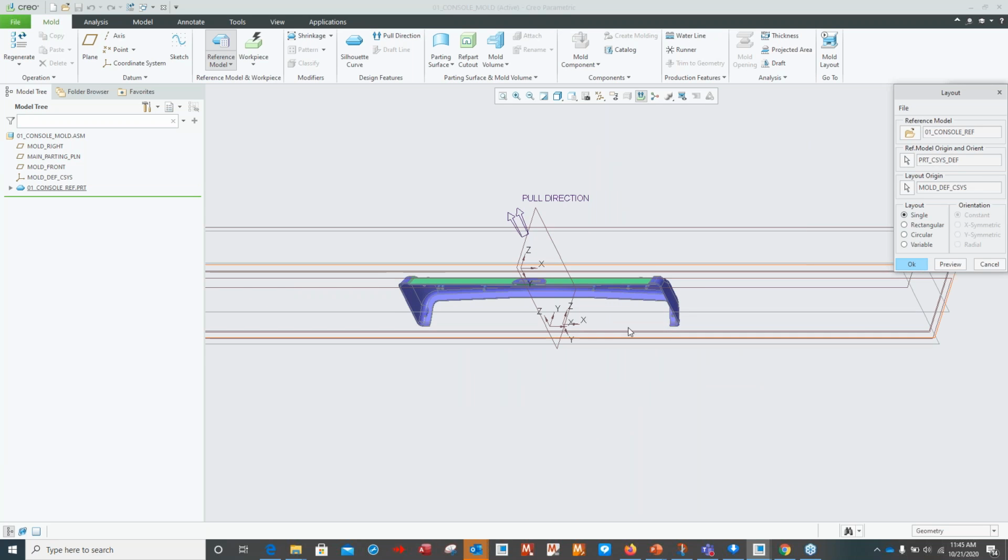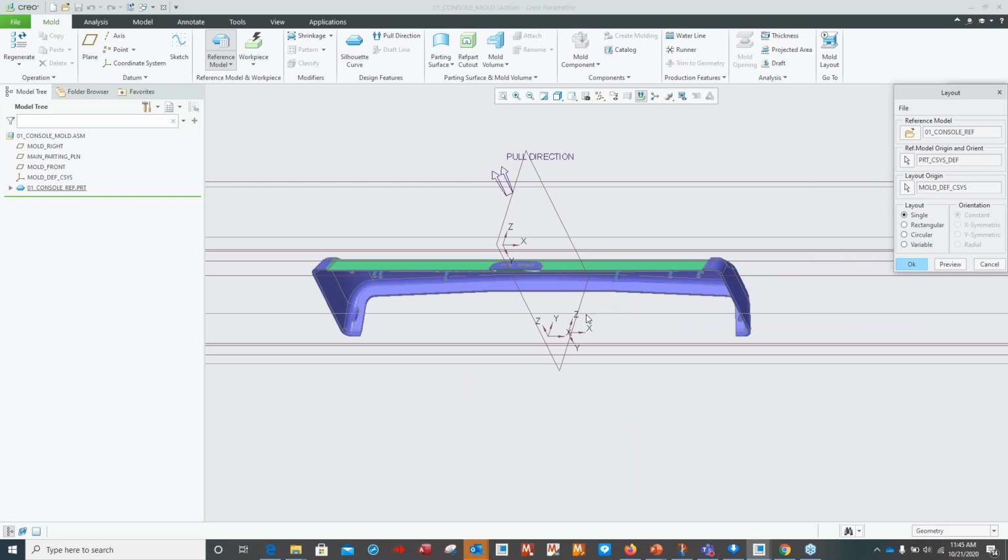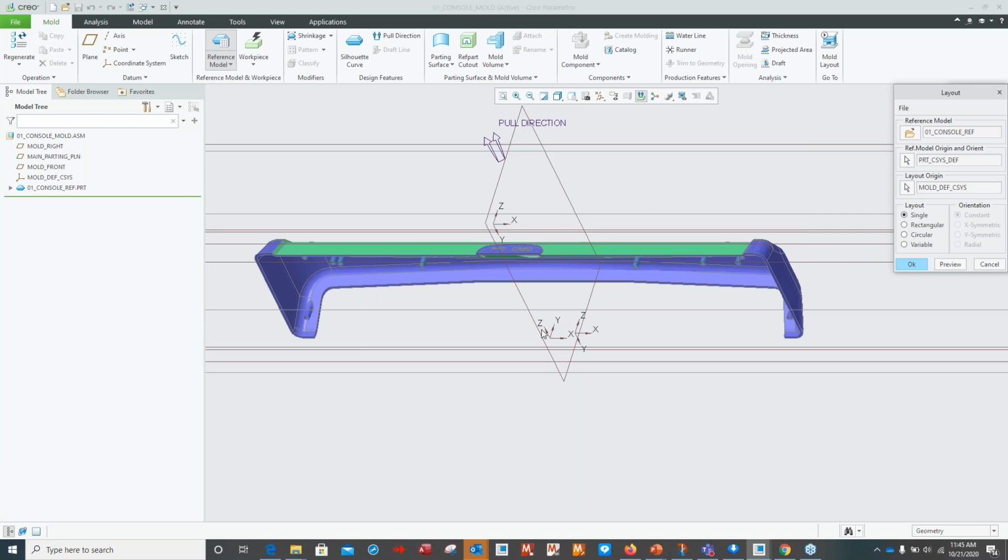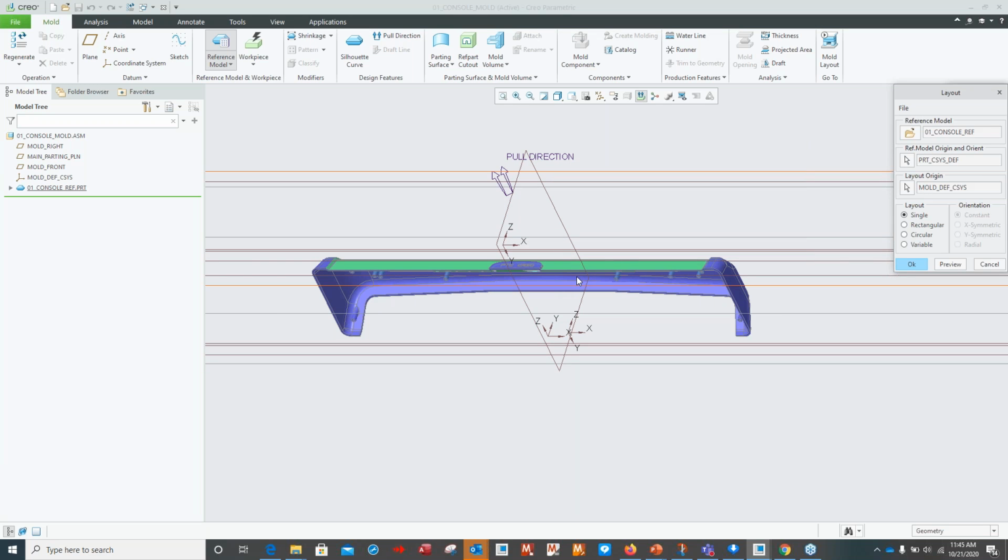Now we can preview it. So here was the question, and this is what came up. I did the preview, and it used the default coordinate system in the part. So the orientation is not set in tool position. What we want to do here is